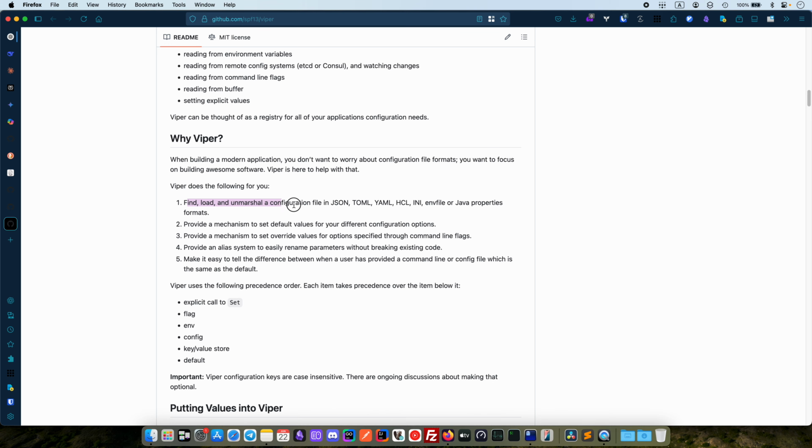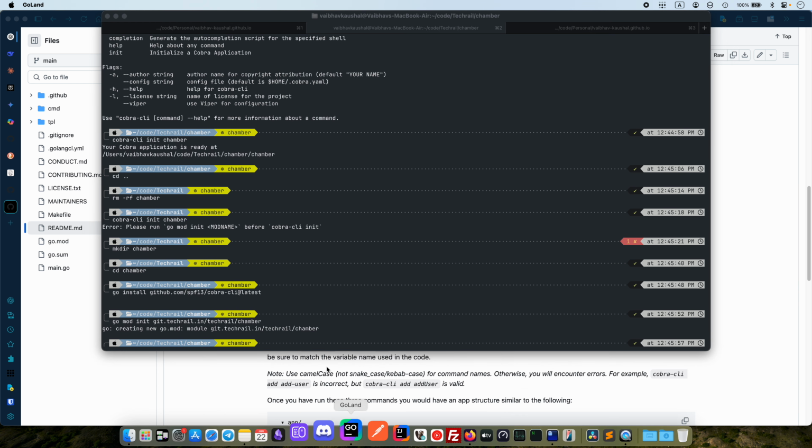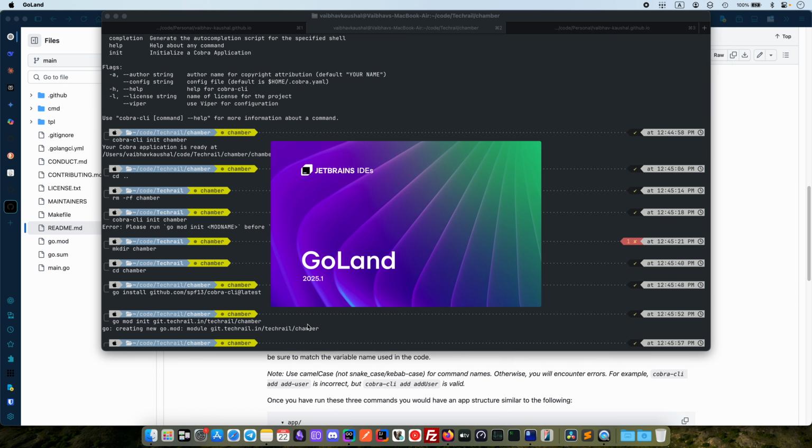So what if I go ahead and say init chamber once again? I didn't inspect it the last time, and let's see what it made. So if I go to chamber, okay, let me fire up GoLand now. It'll be easier for me to actually look at what it is doing. It created a chamber project inside which there is a main.go, and there is